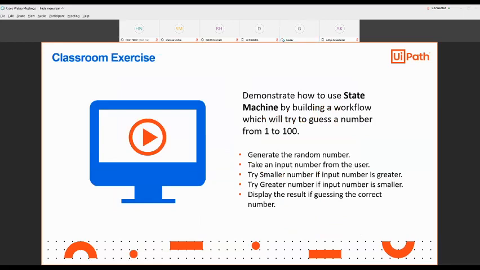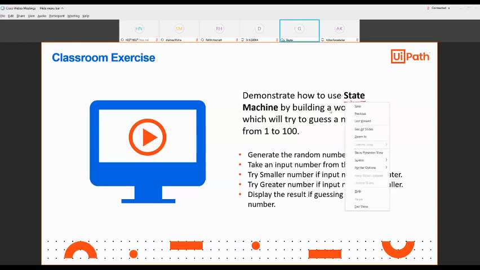I think you can go with one example. It's a nice example: guessing a number. It is okay or not. If you guess the number correctly, it is possible. So there's a small exercise. You can try it also from your side. In the meantime, I'm also trying it on my system.